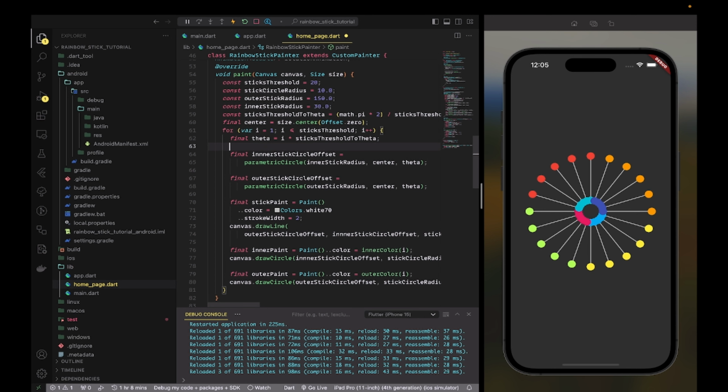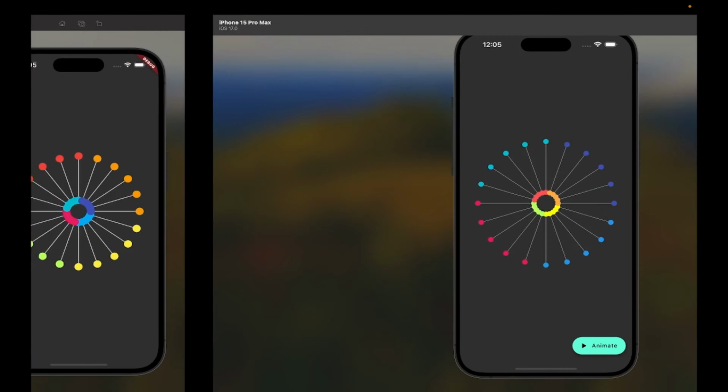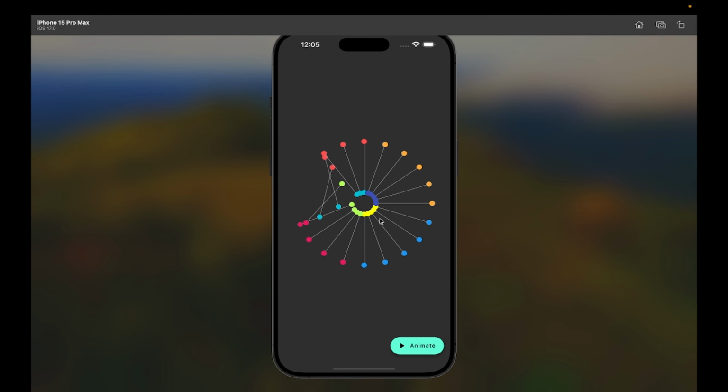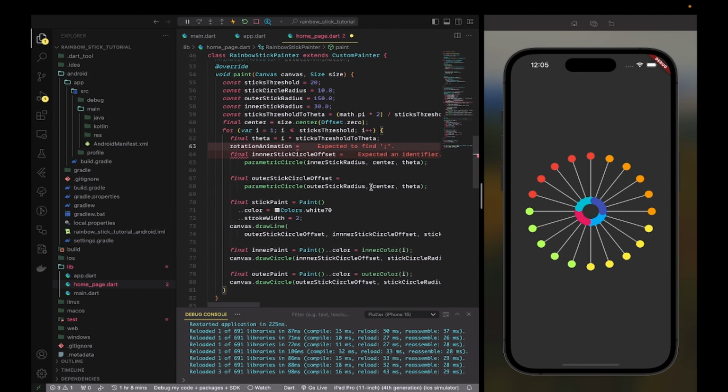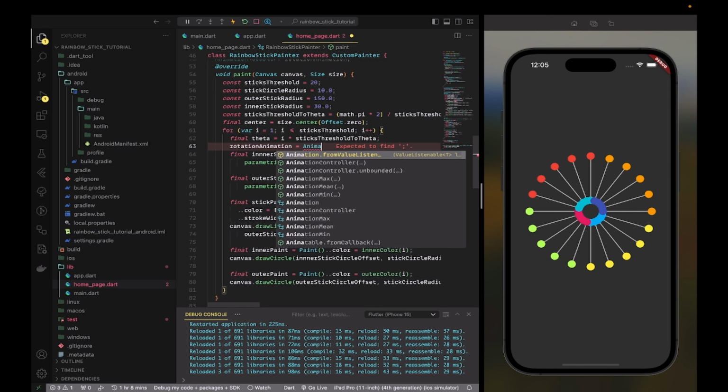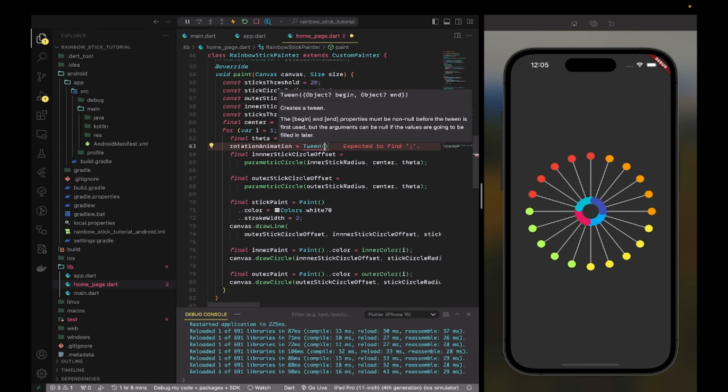Because we want the rotation to be at different intervals, we need to define an animation for each of the circles here. So you can have a Tween that begins at 0 and ends at,